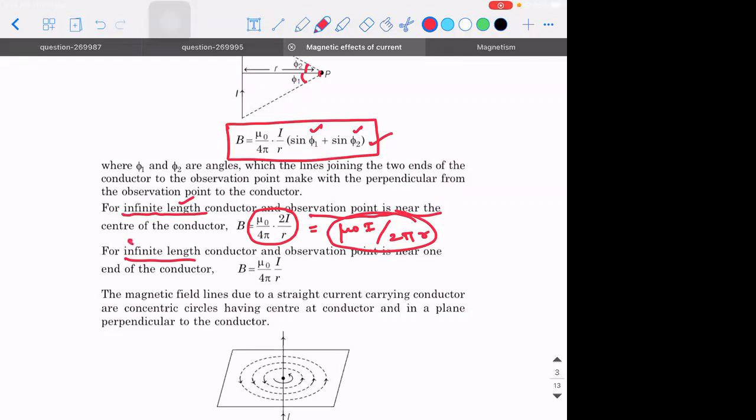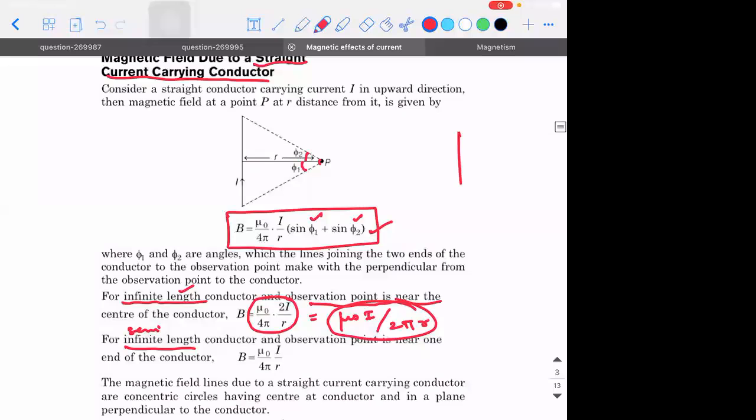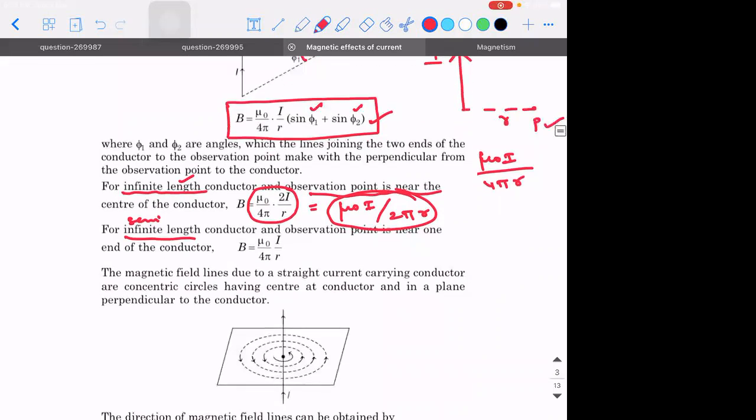For a semi-infinite length conductor, okay, I'll put it like this. What we mean by semi-infinite is, when you take the conductor, if the point P is at one of the ends, then the magnetic field at this point due to this current carrying conductor is given by the expression mu naught I divided by 4 pi r, where r is this perpendicular distance. Guys, am I clear with this? These two are some important formulae. You might get problems for 1 mark. Yes, sir. Okay.